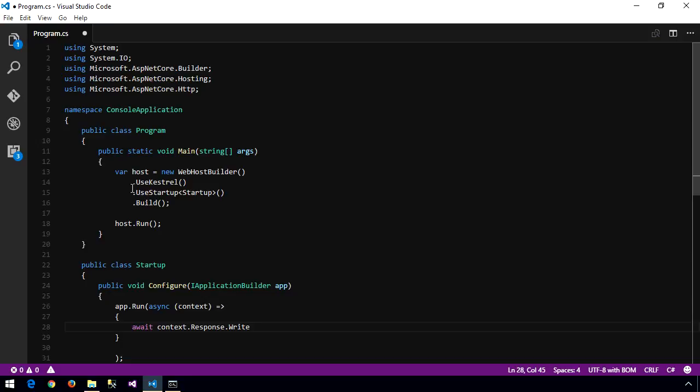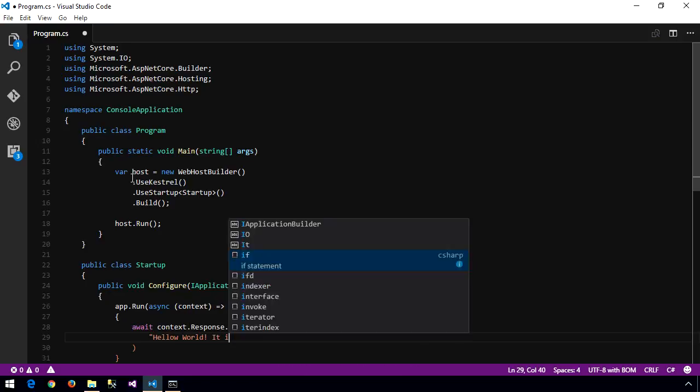And in this simple example, I'm just going to write out some text to the web page. And like the console application, I'll say hello world. It is,